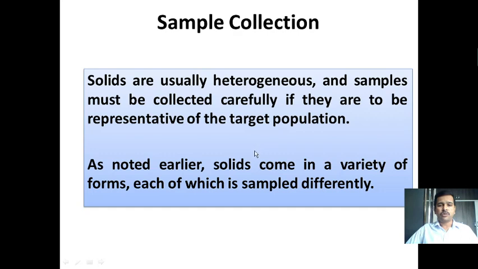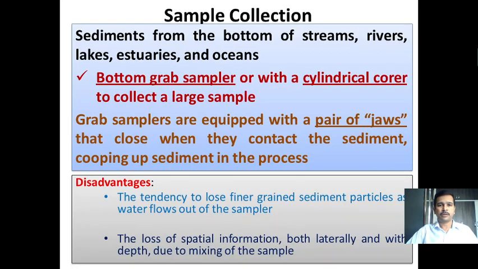So, as I told you in the previous slide, solids will be coming in a variety of forms. So different sampling steps we have to follow. For tablets, you may have to follow a different sampling step. Animal feeds or ores, you have to subject them to different sampling plans. And even biological specimens, such as a tissue sample, you have to subject to a different sampling plan. Therefore, each and every sampling plan for solids will be varying.